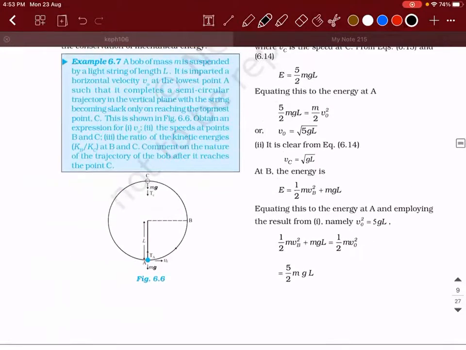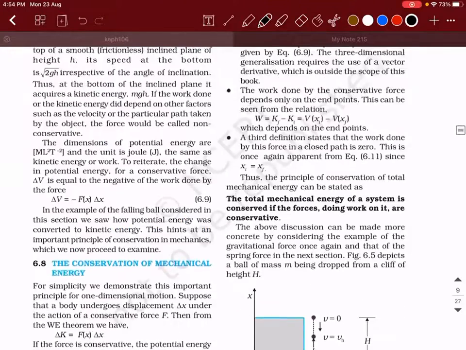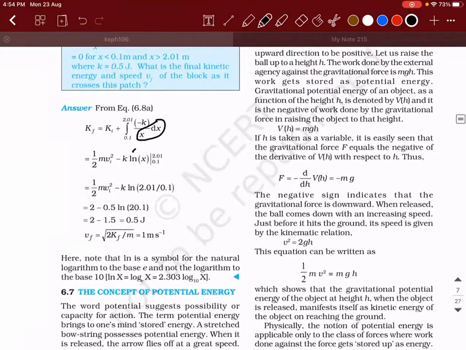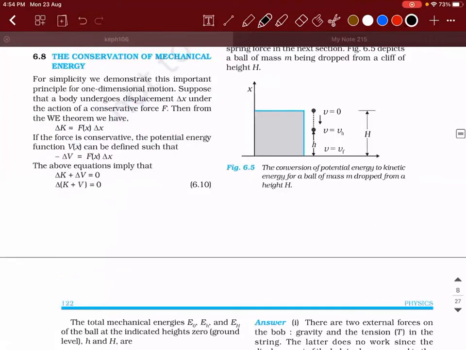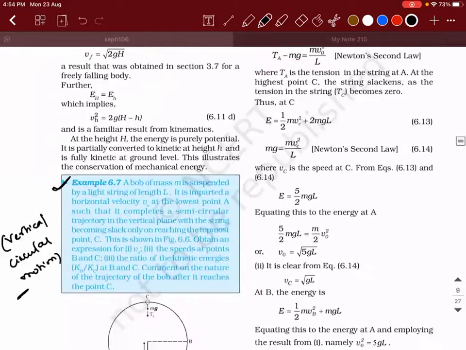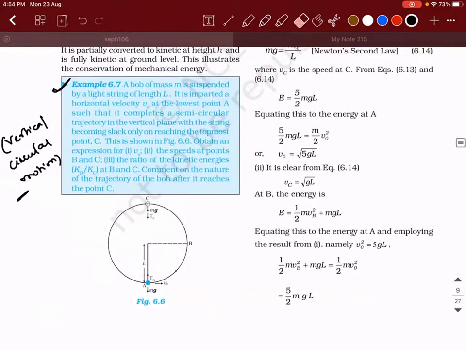So this one, actually this is given as a problem, right? There's actually a concept called vertical circular motion, because the example for horizontal circular motion that we have seen is a car moving on a level road at a banked road. This is a separate concept. So this is the outline. Energy part we have completed fully. The other day I showed you the derivation, no? Conservation of mechanical energy, that is this part only. Let's get started.